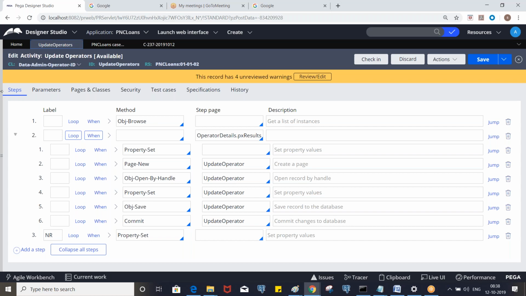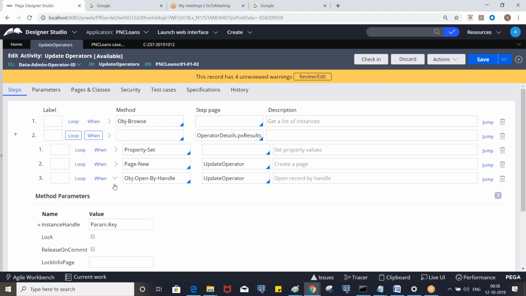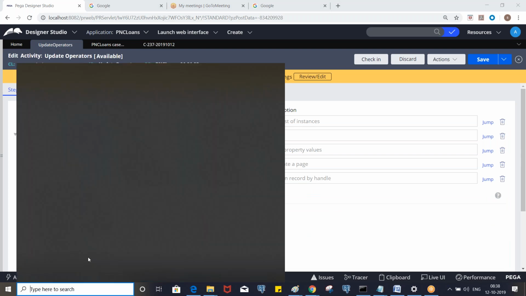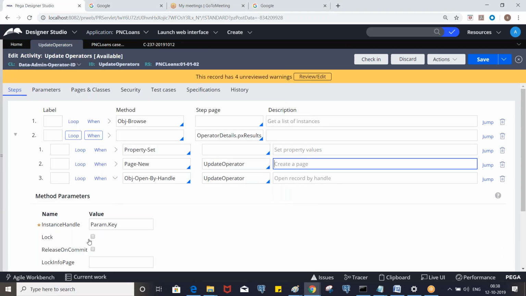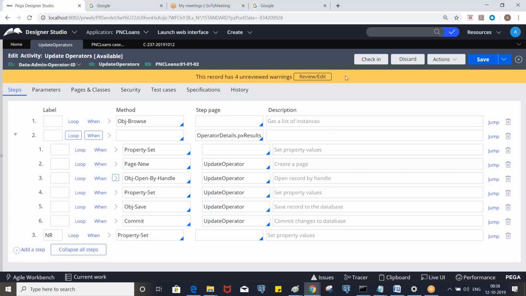So the locking option is available for obj open and obj open by handle, right? Currently we are not locking and we are updating the data, and we'll discuss when to use these options. That will be covered in the next class. If you have any questions, we can discuss, otherwise we can wind up for today.